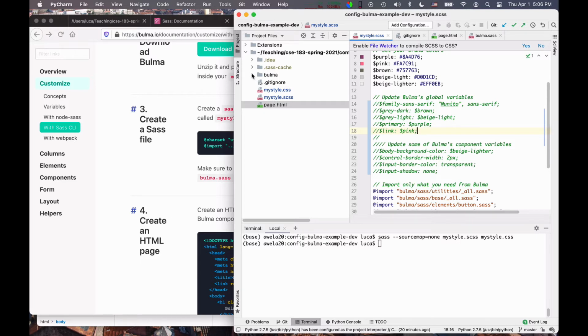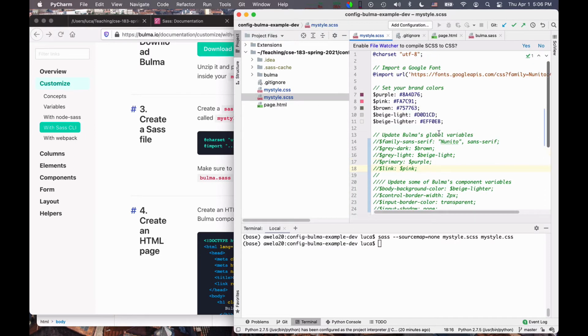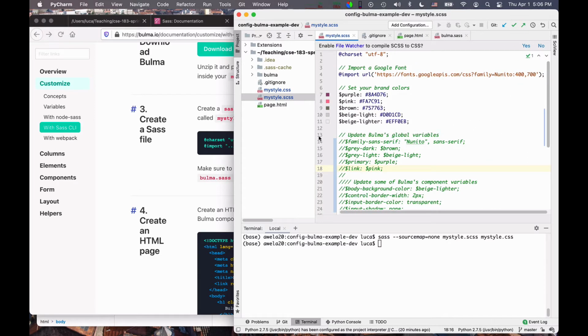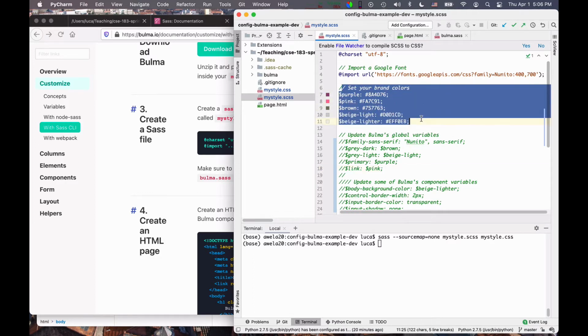Essentially, I have installed Bulma here, just unzipping it, and I have created a mystyle.scss file, in which, let me show you the structure, you can then read the instructions there, but I can, for example, import a font I like, set my brand colors. This is extremely important.